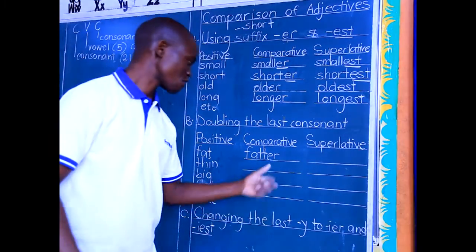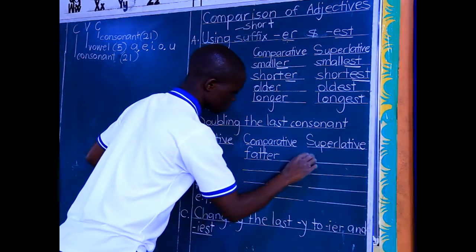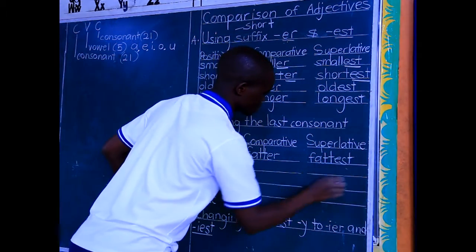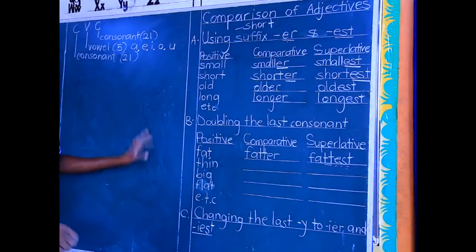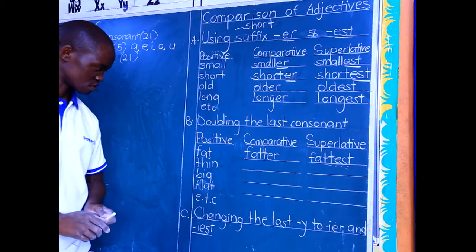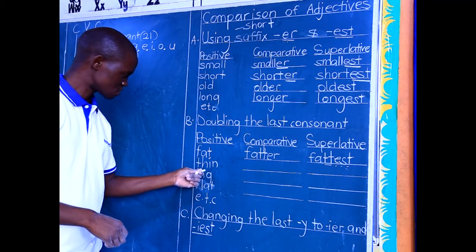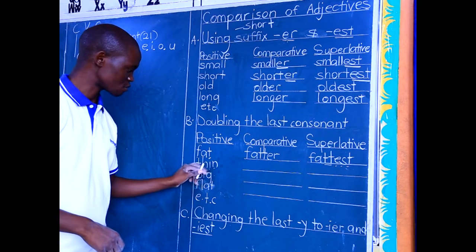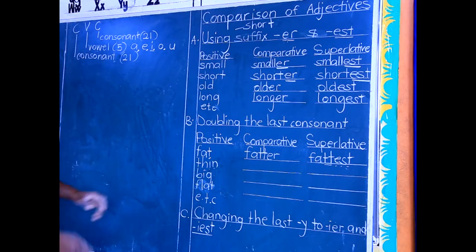Fatter is the comparative degree of fat. Then see, superlative is fattest, obviously. Double T-E-S-T. Double the last consonant before you add E-S-T. Next, we have thin. Is it in the same category, CVC rule? The last 3 letters are consonant, vowel, consonant, because I is a vowel as listed here. Yes. So we double the last consonant.